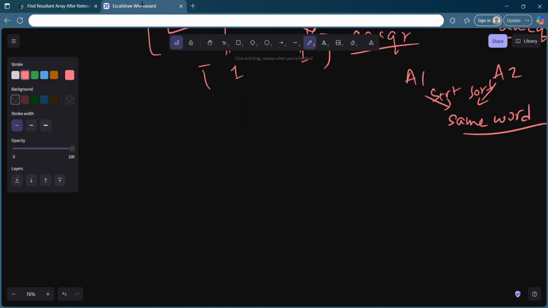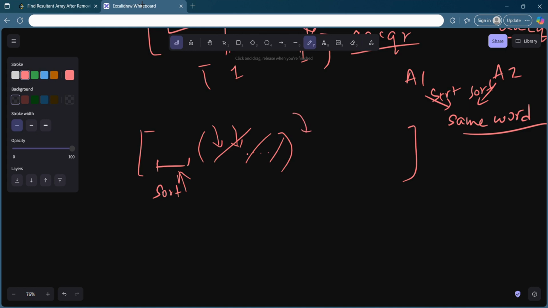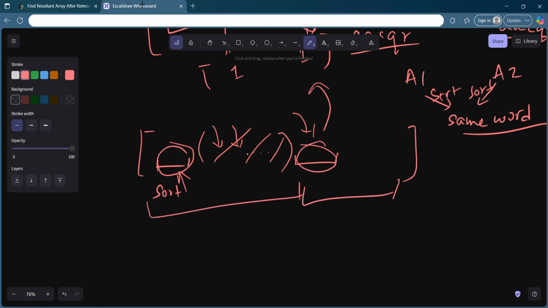So what you need to do is that you have a vector, you get the first word, you can just sort it, keep a while loop and keep sorting these words one by one and see if they are equal to this, you can just remove them or choose not to add them in your answer vector. And after you have gone to a word that is completely different, again add it to your answer vector. Okay, so now the answer vector contains this first word and this first word. So out of a clump of anagrams, you are selecting only the first word.